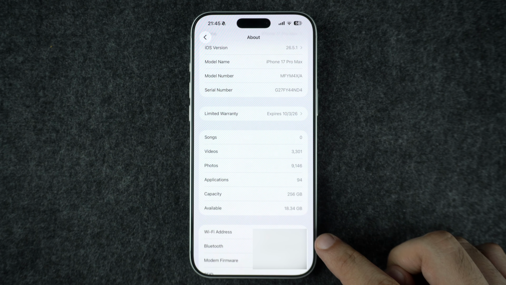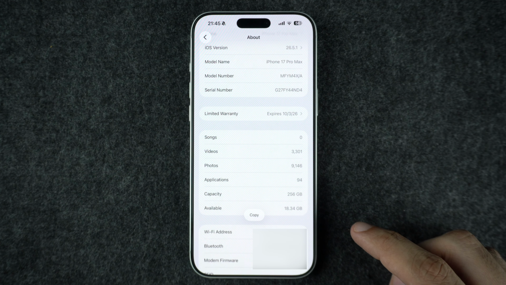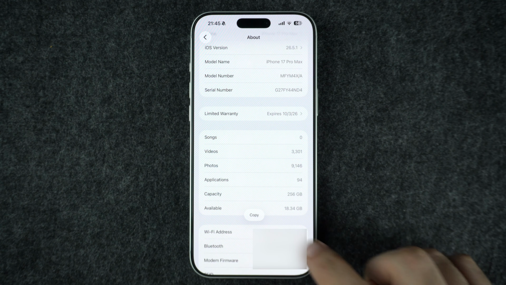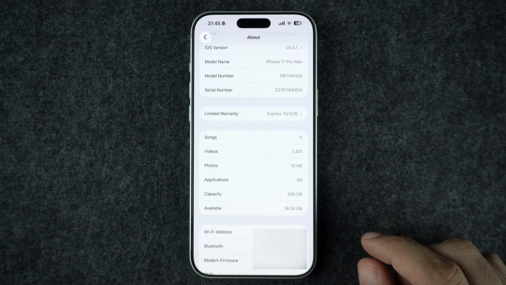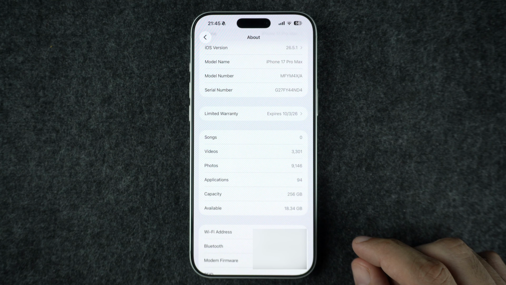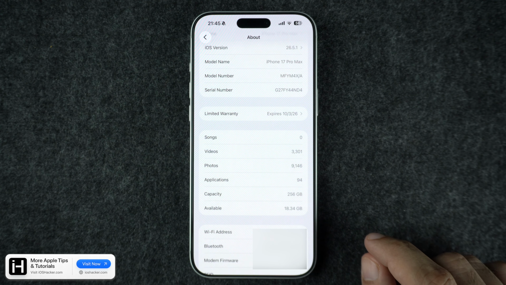You can tap and hold on the address to copy it if you need to paste it into a registration form, router settings page, or provide it to a network administrator. If you have compared the Wi-Fi address shown in Settings with the address reported by your router, they may not match. That's because your iPhone uses Private Wi-Fi Address by default. This feature creates a separate randomized MAC address for each Wi-Fi network, helping protect your privacy and prevent tracking across